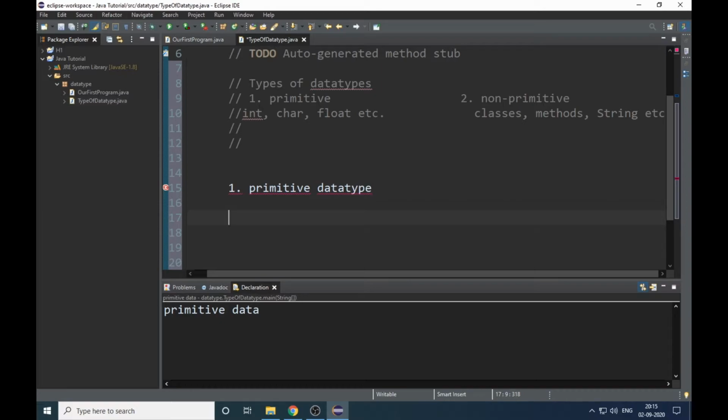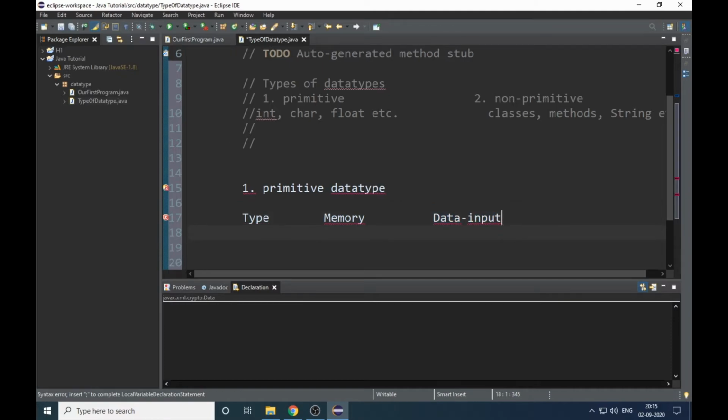How much memory do int, char, byte, float, long, double and boolean consume? Make a note of it, it can be beneficial for you. Here is written type, here is memory, and here is data input. Let me make it a dash. Perfect.